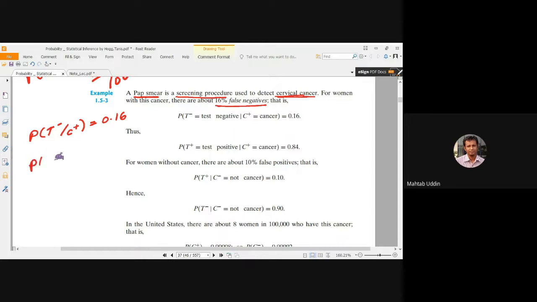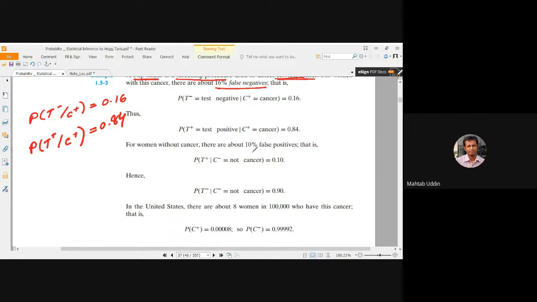Its complement: if you find a complement in conditional probability, you have to keep the base the same. What is the base here? This is a base or condition, a precondition. Precondition cannot be changed to get the complement. So in the same precondition, T plus and T minus are complements, right? So this is 0.16. As a complement, it should be 0.84. Do you understand? জি স্যার।